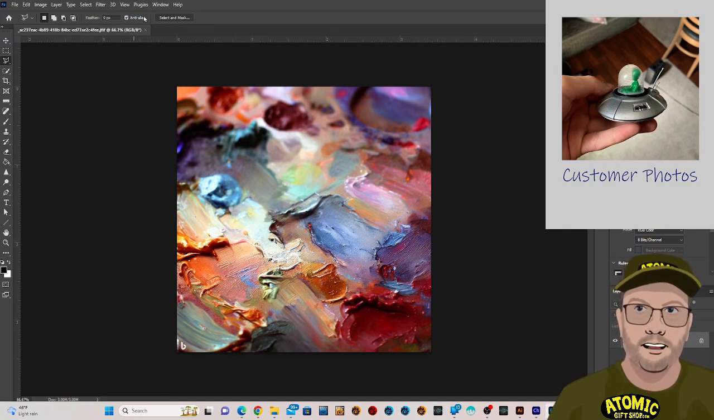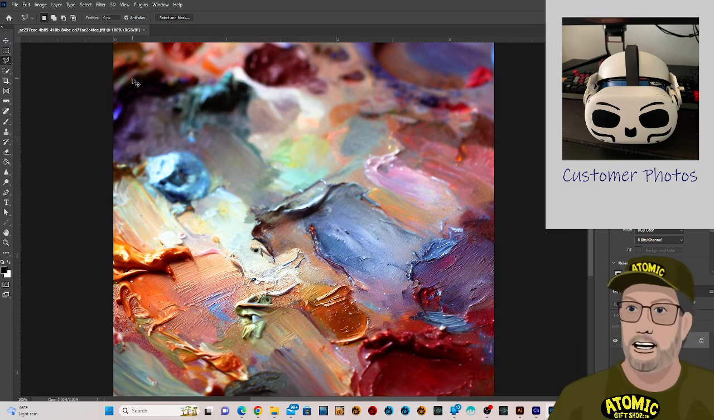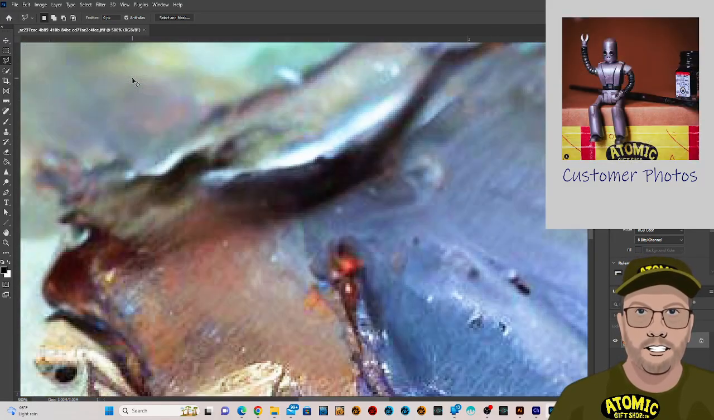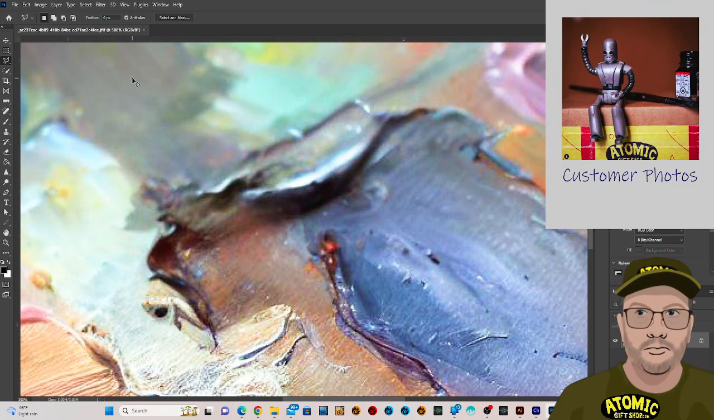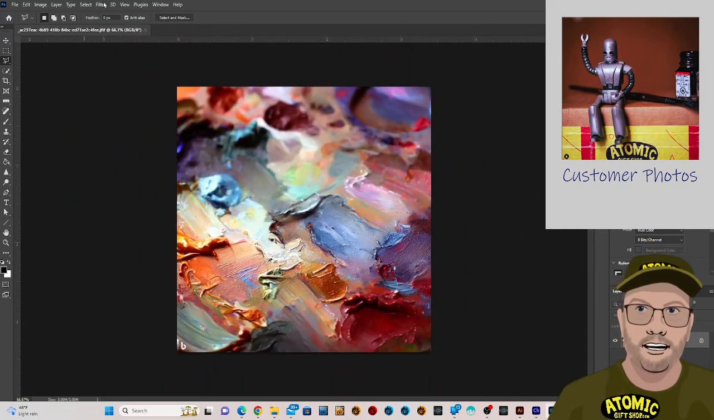Okay, so the Photoshop, let me see. It's relatively decent resolution now. If I zoom in, you can see the pixels. There's a little bit of... yeah. But the